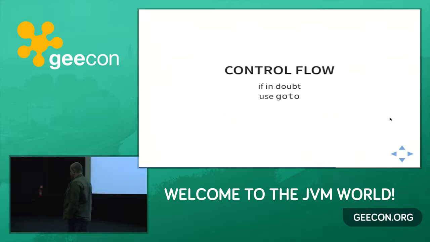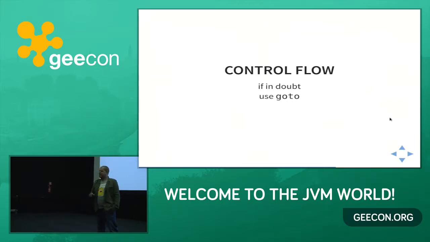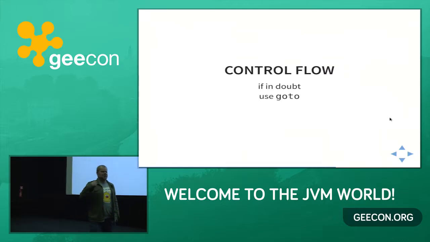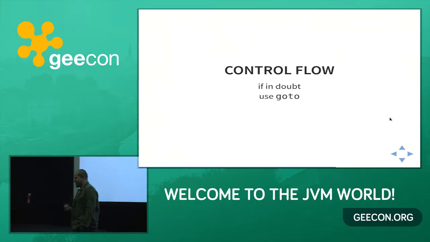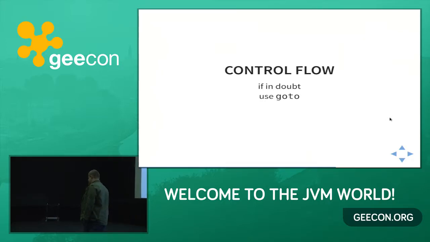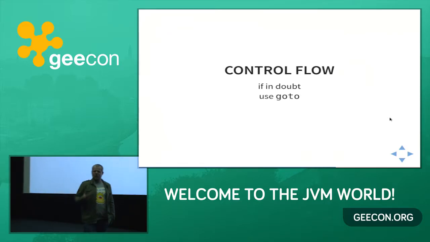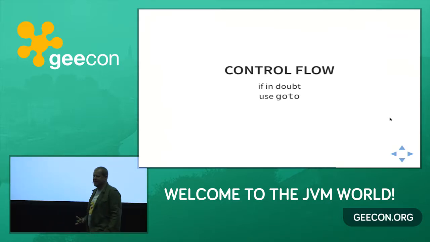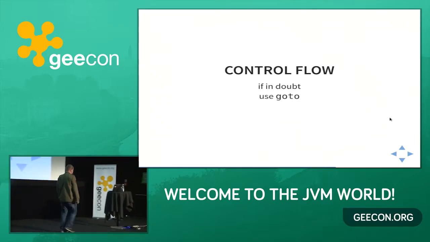Because, as usual, our industry didn't read. We are just reading headlines from the papers we are reading. Admit it. You read the title, and you think you know what's in the paper. And there was this famous paper that Goto is considered harmful. And people are repeating this bullshit every time. This makes me angry. Because what this guy said was, create tools to hide Goto from you. This is the only way you can do programming on the CPUs we have, okay? There is no other way of doing stuff like Goto, but you have to hide it. You don't see it. Goto is not harmful. It's just ugly.